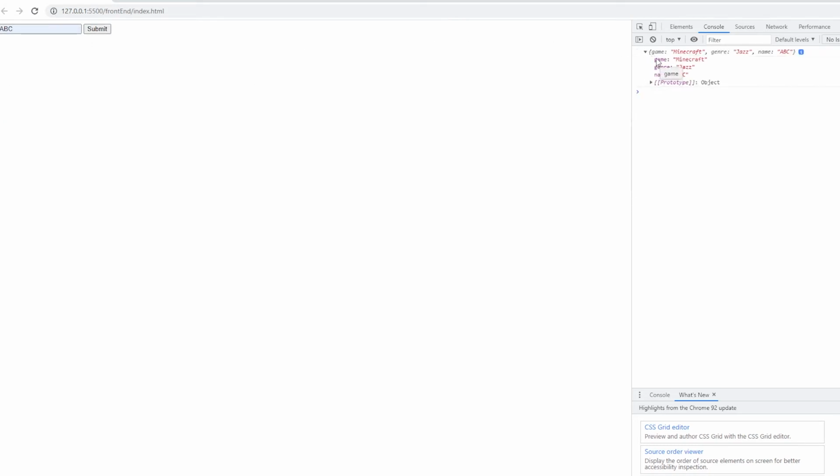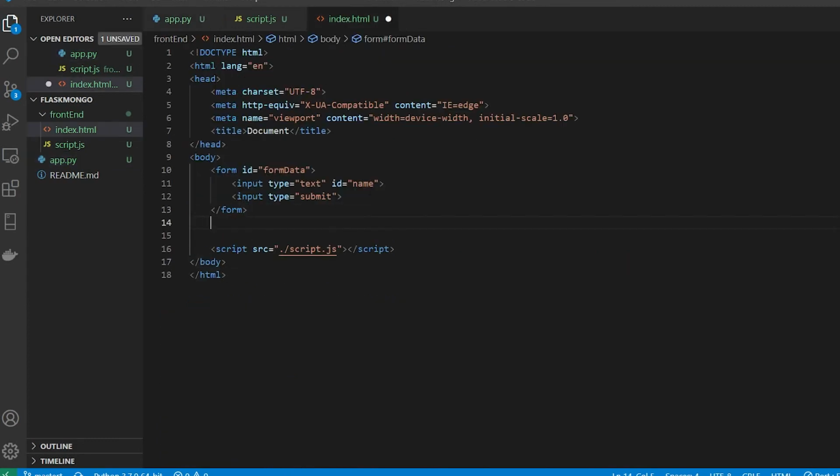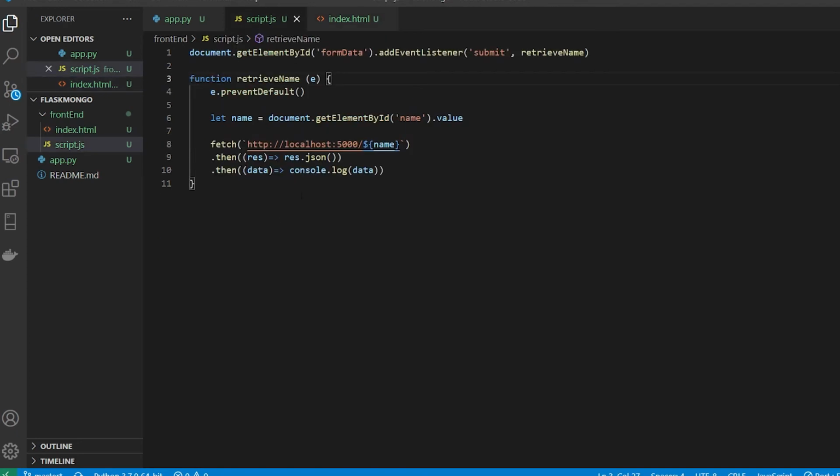So my data is actually being retrieved; if I check in the console, my data is being actually retrieved. All right, and now I want that data to be inside the innerHTML. So this data I don't want in the console, I want it to be displayed on my web page. So here after the form, I'm going to put a break, and here I'm going to put a div, and this div is actually going to have an ID known as output. All right, and inside my script I'm going to make some significant changes. So instead of the console.log, here now I'm going to say